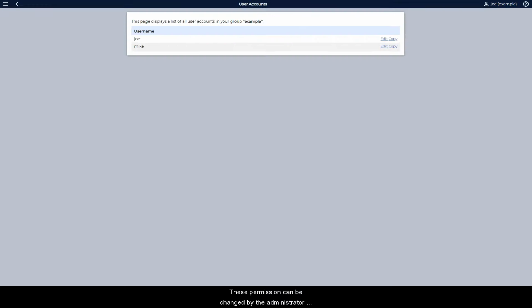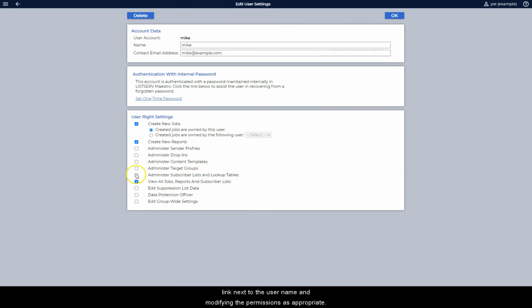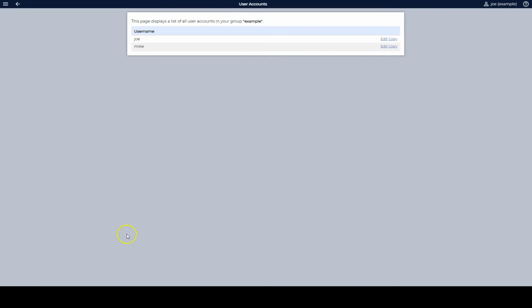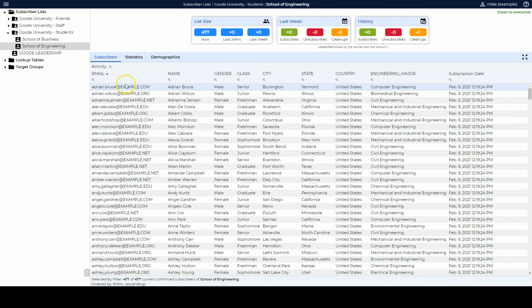These permissions can be changed by the administrator at any time by clicking on the edit link next to the username and modifying the permissions as appropriate. You can create as many user accounts as you need